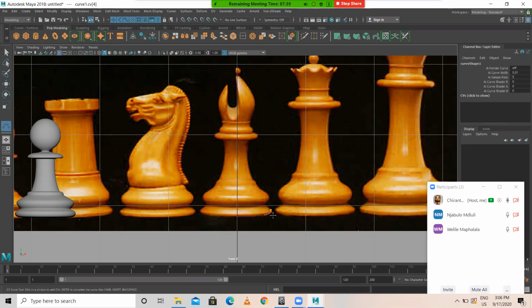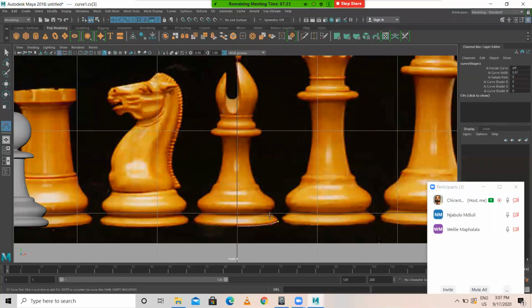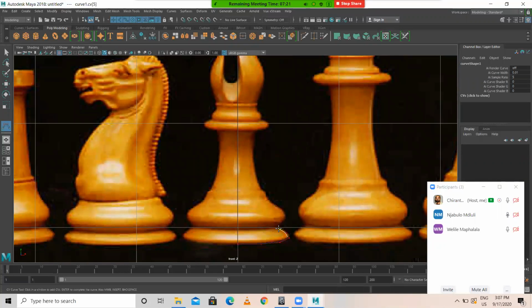Good. Okay, now see, while creating this curve, by mistake I clicked somewhere here, which is wrong. Press Backspace to come back. Okay. So I'm just doing like this.